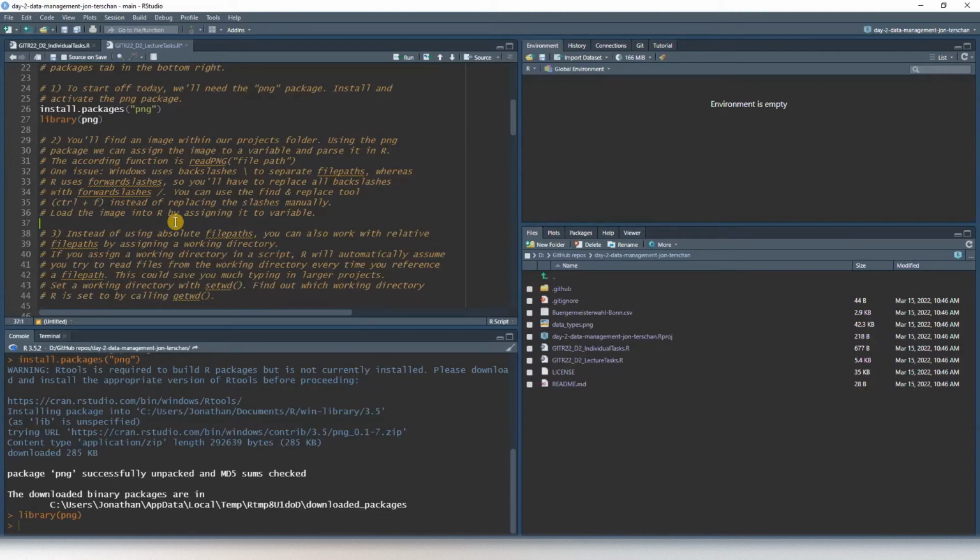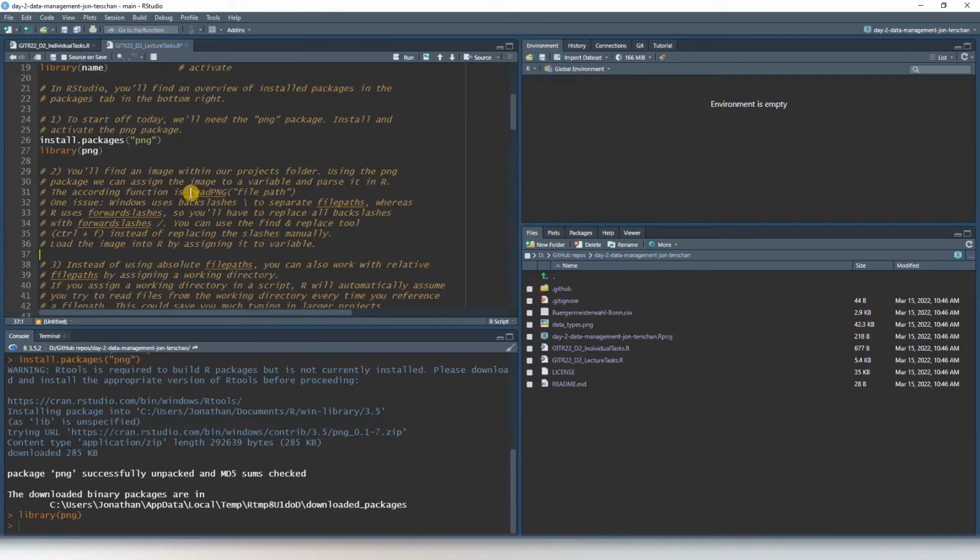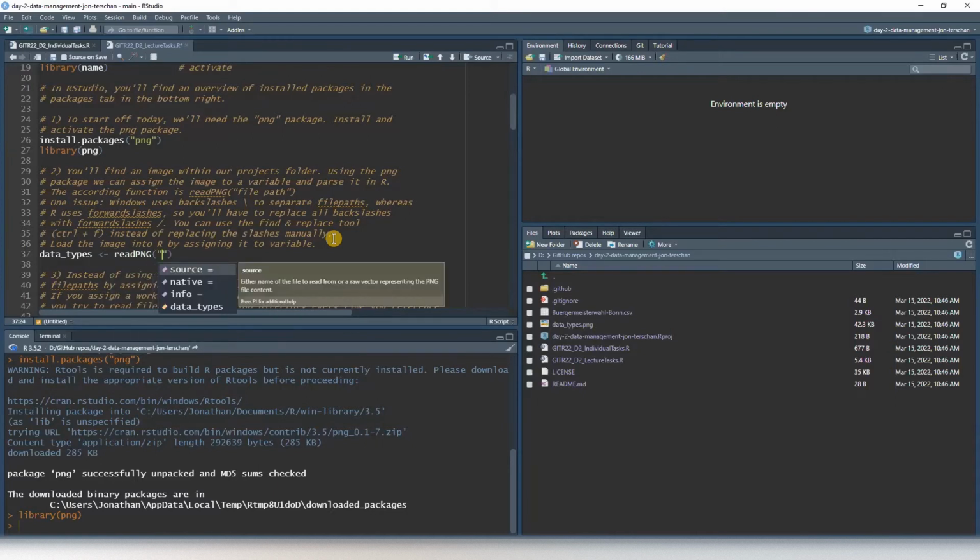And the way we do this is we use the read PNG function, which is part of this package, png. And let's define a variable for this image called data types PNG. Yeah, let's just leave it like this. And then we call read PNG, and then we need to give the file path